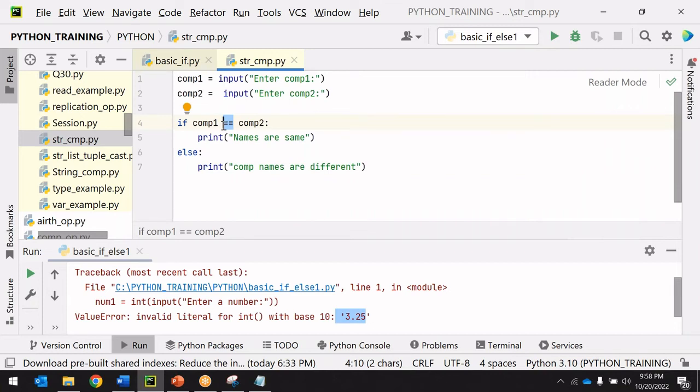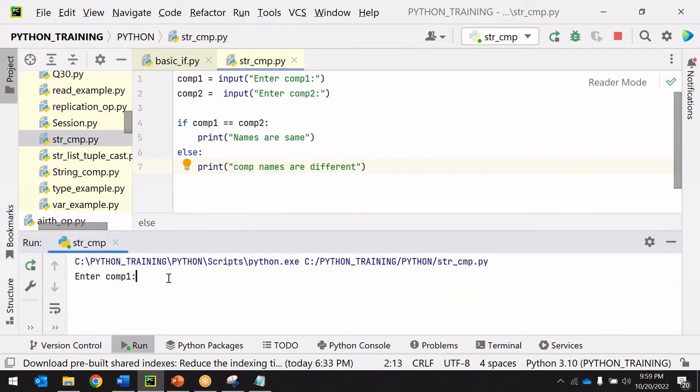Whether input is a number or a string, we can compare two strings, two numbers, two floating point numbers, two lists, and all these things. Everything is actually possible, but there are various types of implementation for how to compare. In those cases, you can use a comparison operator. Now, I'm running the program,